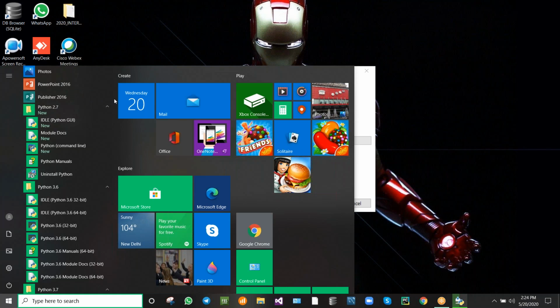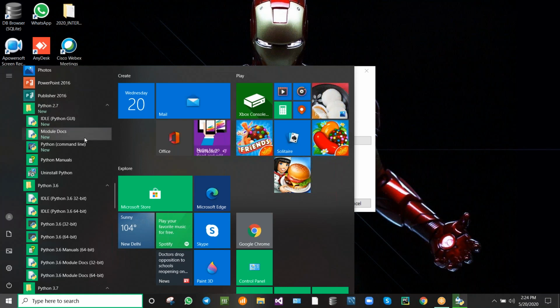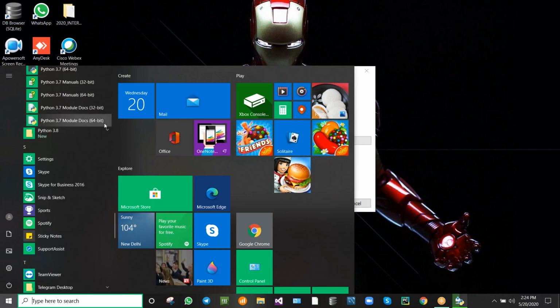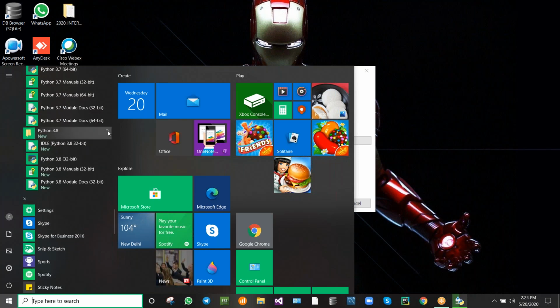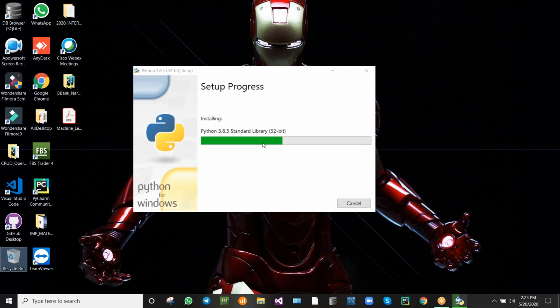So that is the reason I have all these different versions. We can have n number of different versions, no problem with that. Now we have the 3.8 version, the latest version. It is downloading, it is updating.